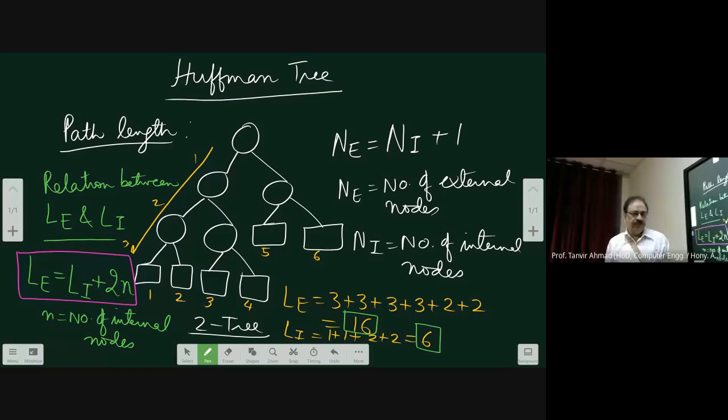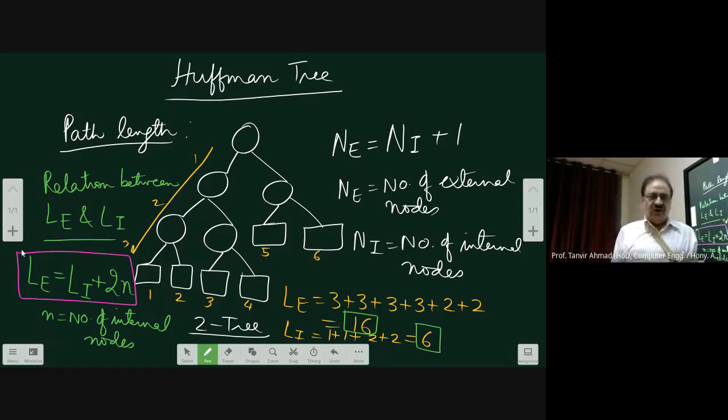Okay. No, sorry, n is equal to 5. The 5 into 2 is 10. Therefore, in this example, n is equal to 5, 5 into 2 is 10, 10 plus 6 is 16. Therefore, the total is equal to 16. And this will hold for all 2 trees. Now, with this in mind, what we are going to do, we are going to find a